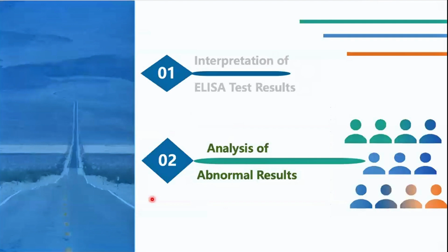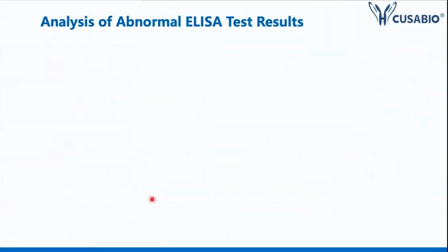So after I talk about the second part, I always know that the results, sometimes they are not that ideal in reality. And then the analysis of the abnormal result will be very important to help us get the next one to be good. So here is a summary about the 4 common problems